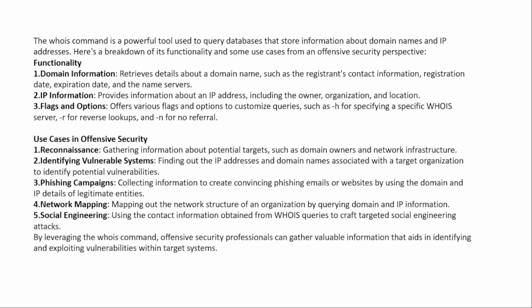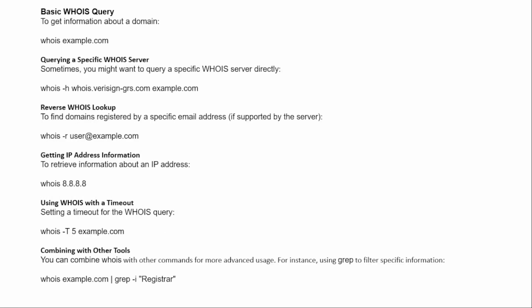So let's take an example of how this command can be used, and we'll see some examples. The basic WHOIS query looks very simple. You use the word WHOIS on your terminal and pass the domain name for which you want to retrieve information. Similarly, you can use -H if you're querying a specific WHOIS server. Sometimes you want to query a specific WHOIS server directly. In this case, you use WHOIS, the command itself, then -H, and the server you would